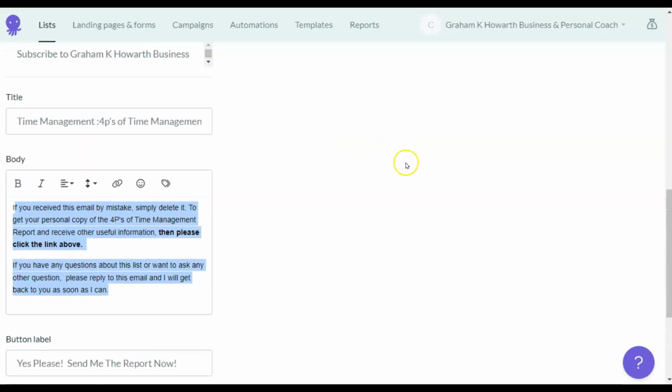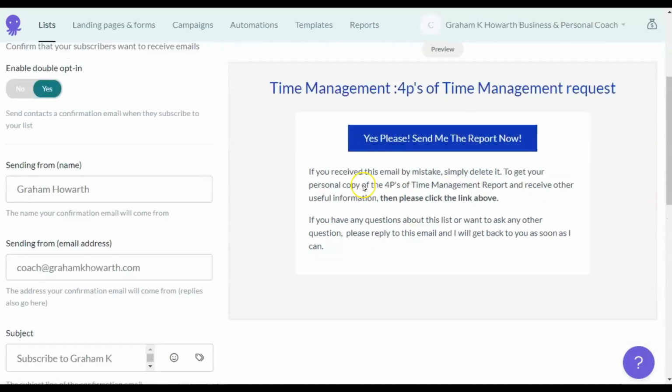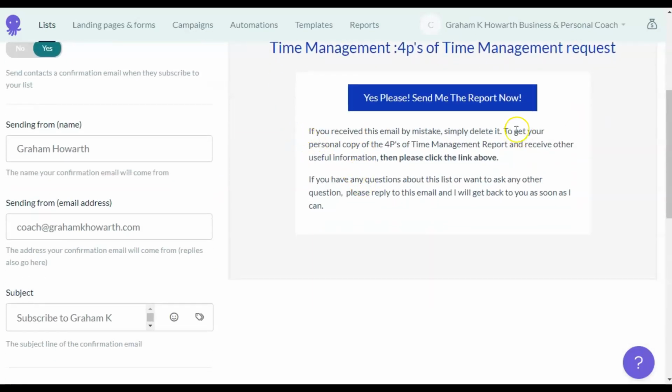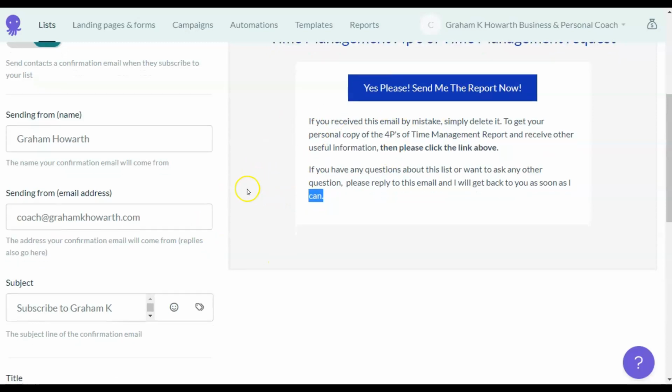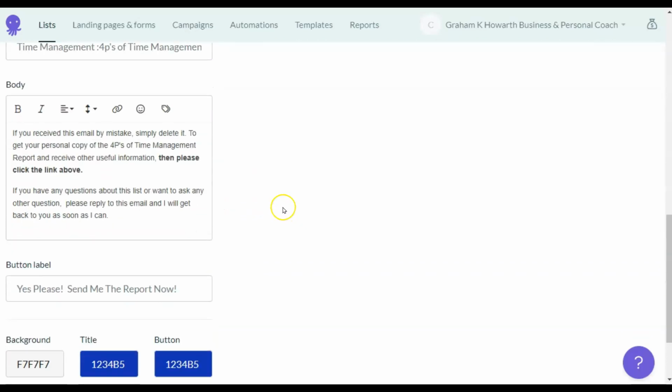This is the text that I put in, which is showing here. It gives them the chance to say, well, okay, I didn't really want this. So if they delete the email, then their email won't be added to the list.